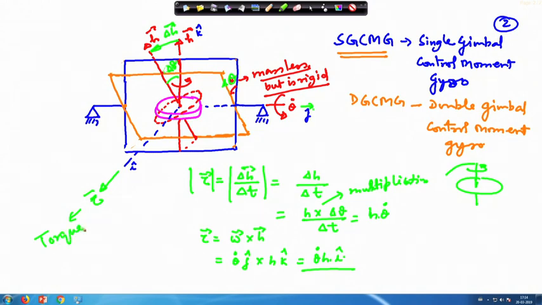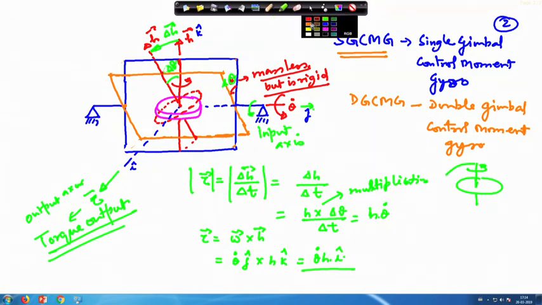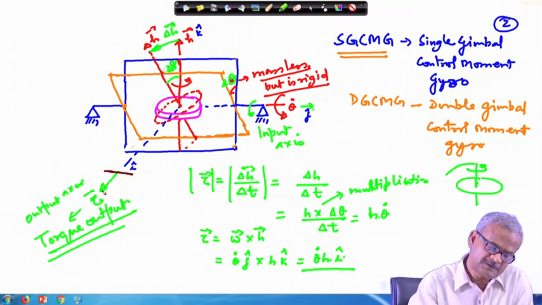this is the torque output. So, we apply certain torque about this axis, you have to apply torque here. So, this is called the input axis, and this is the output axis. So, that means this torque, as you can see, this will be a result of this torque. I can show it like this, because this is coming here in this direction.